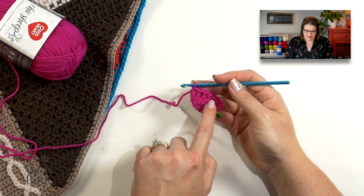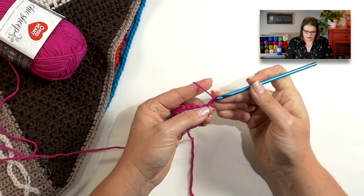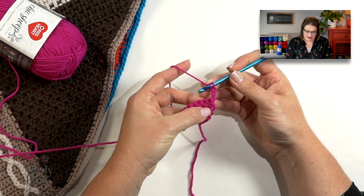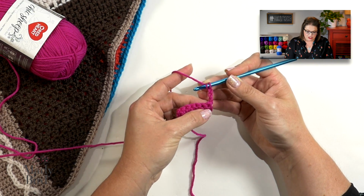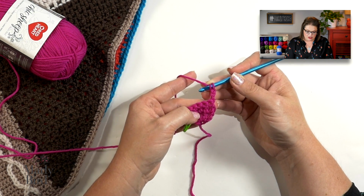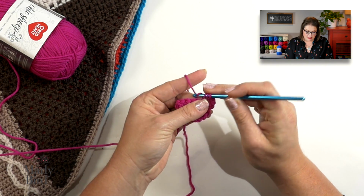Once I've completed that row, which is row 1, I go ahead and turn my work and I go on to row 2. So I chain 3. I will put a double crochet into the next double crochet. Now this is important. This chain 3 counts as a double crochet. So I do not want to put one right there, okay? Because that chain 3 counts as that double crochet into that space. So I will put my first double crochet into that space. So I'll put a double there,